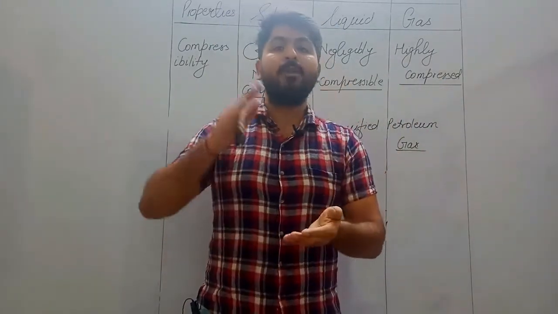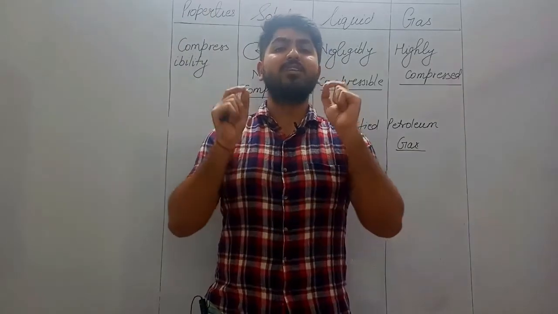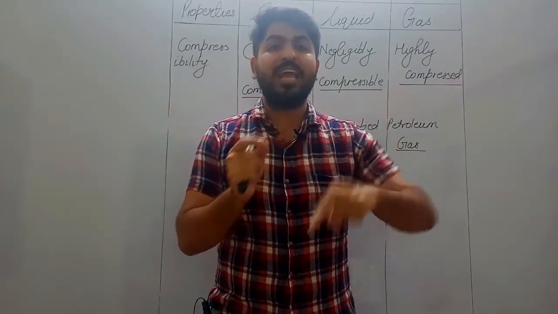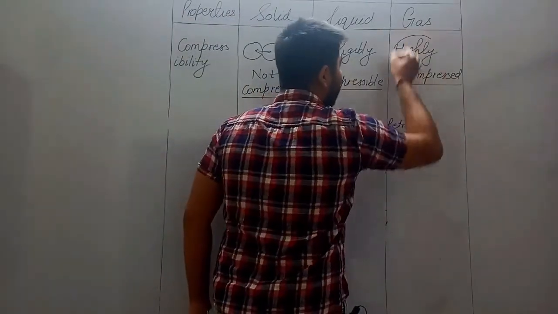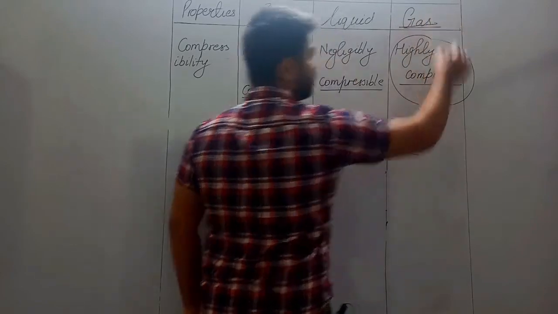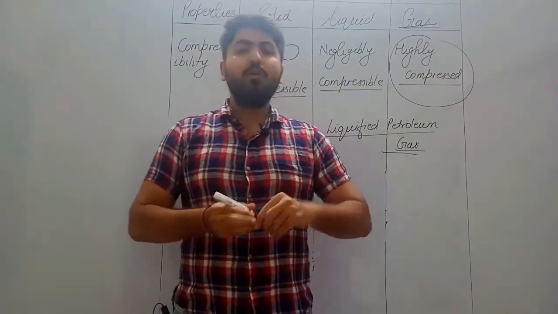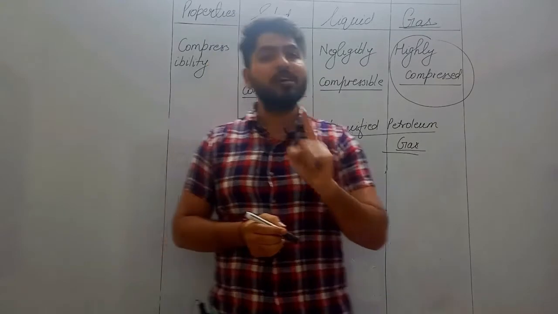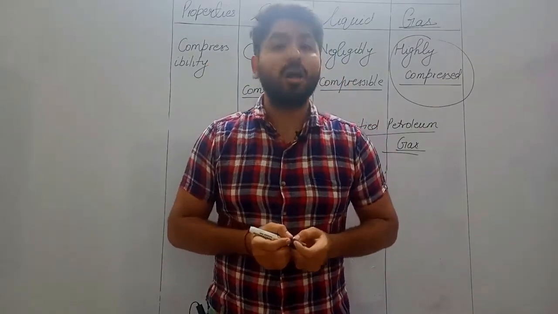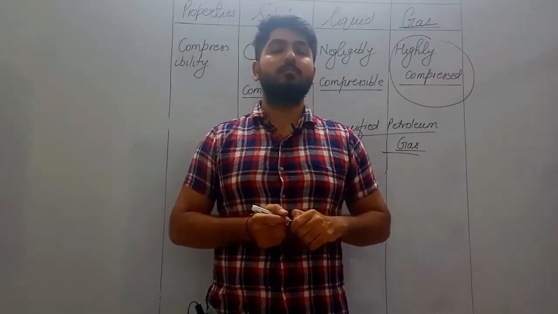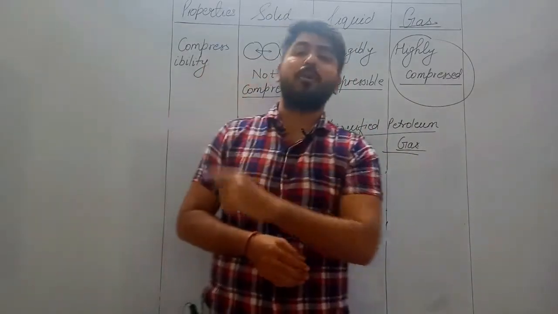So it is a gas, but उसके ऊपर इतना ज़्यादा प्रेशर लगाया होता है कि जो particles they are very close to each other and they get converted into a liquid state. And this is the example of high compressibility of a gas. Okay, so with this we finish our first topic of chemistry, which is the classification of matter on the basis of the physical states.